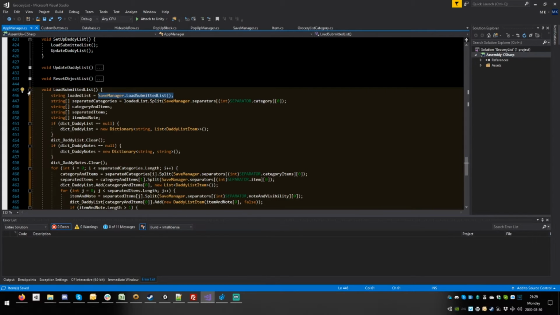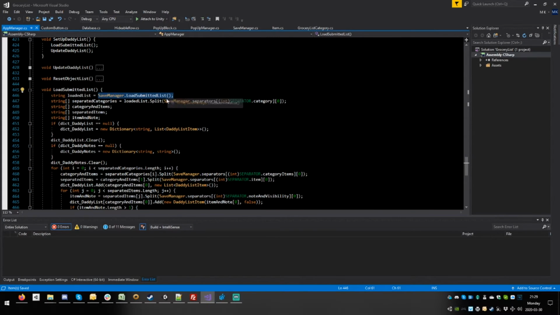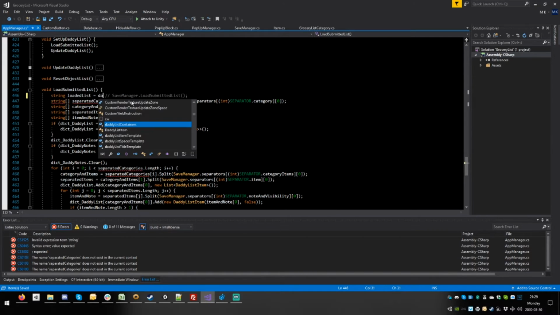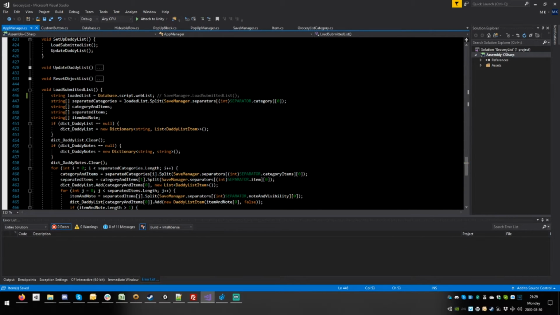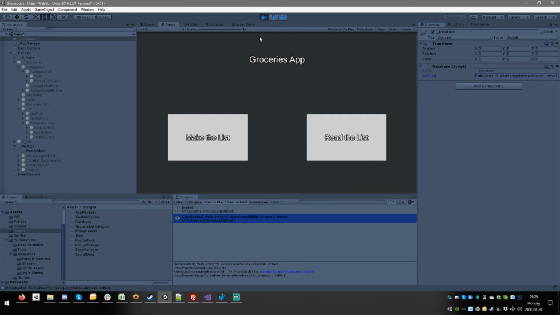I don't think there's anything in particular we need to do other than go to the database and web list. And that's it. So we're going to comment this out and say database script web list. That's it. Load submitted list. Okay. So when we now open the groceries app,